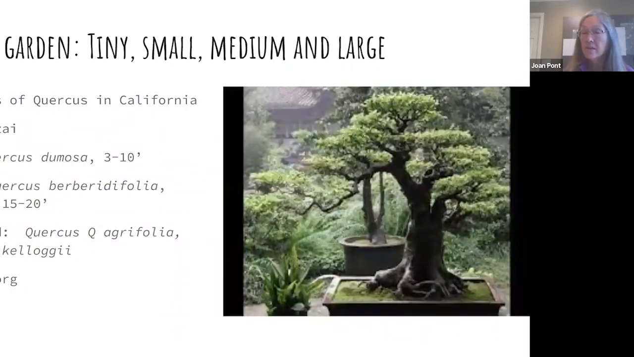Everyone's concerned that oaks are huge and that their garden is too small. But if you look at California as a whole, there are actually 36 species of oaks. And this oak happens to be bonsai, so it's ridiculously tiny. But there are shrubs that are in the oak family, Quercus dumosa, and they're medium-sized shrubs to small trees. I'm not even going to try to say that word,